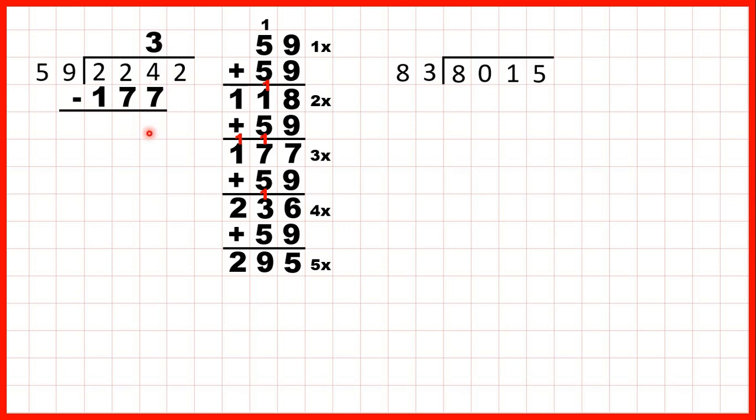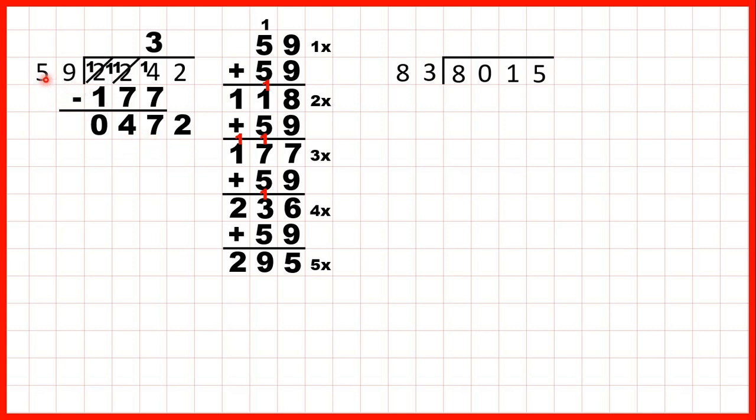Now we need to subtract and bring down. We can't do 4 minus 7, so go to the left, 1 less, 1 in front. 14 minus 7 is 7. We can't do 1 minus 7, so go to the left, 1 less, 1 in front. 11 minus 7 is 4, 1 minus 1 is 0. So now we can bring down the 2, and we have